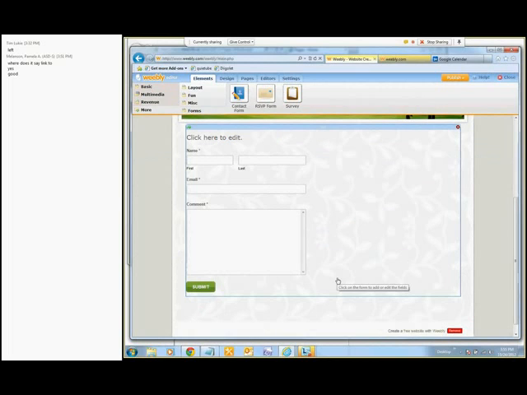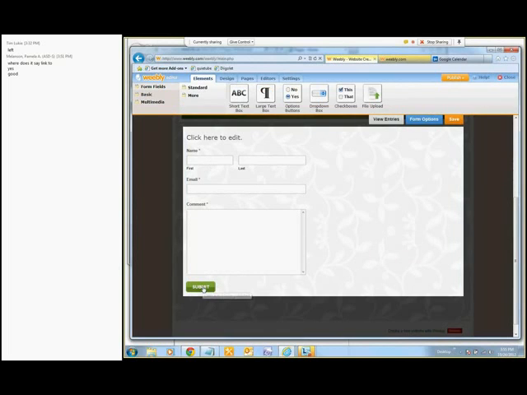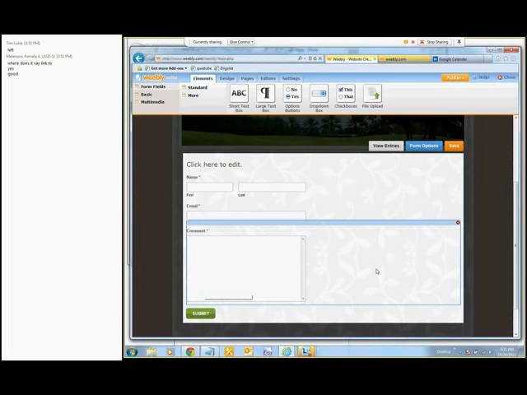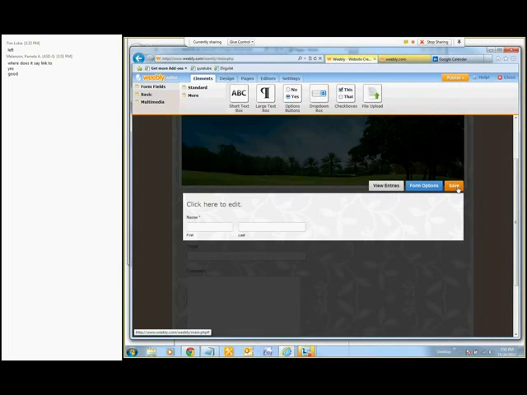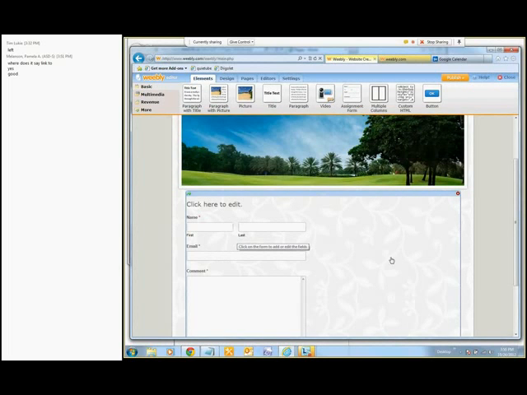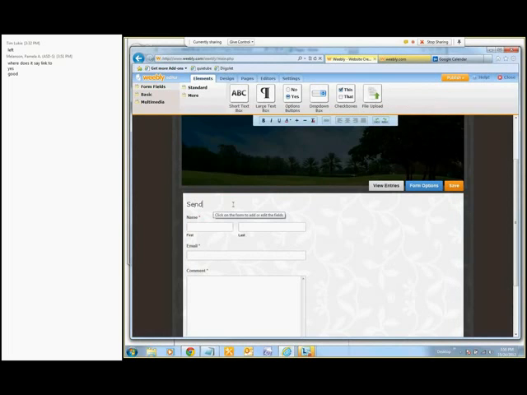And now I have a form where someone can type in their name, first, last, their email, and their comment. And that submit button is linked to your email that you enter into the site. So I can put my work email in here, mark.bates@mbed.mb.ca, and when they hit submit on that form, it's going to email me. And then all I do is I click and I say I want to save that form, and now I have a contact form. And I can click here and I can go send email,